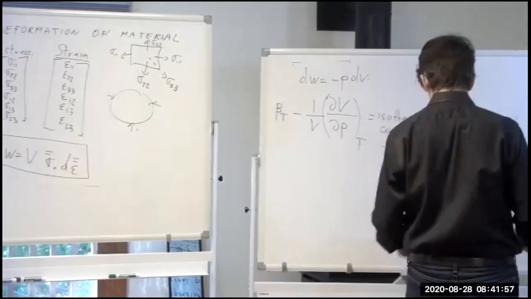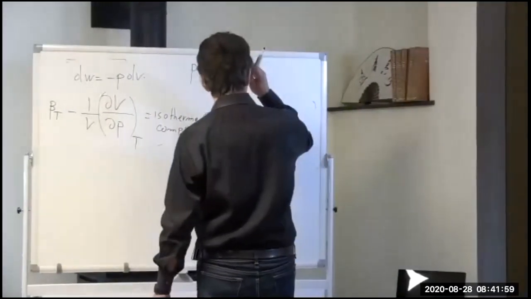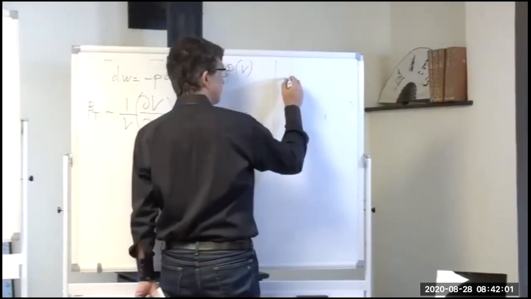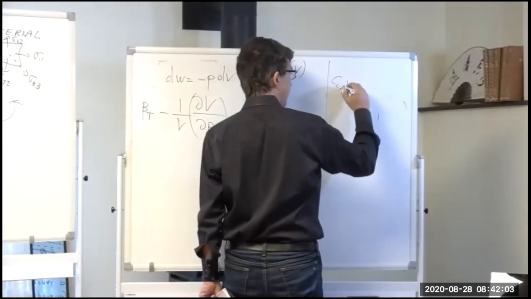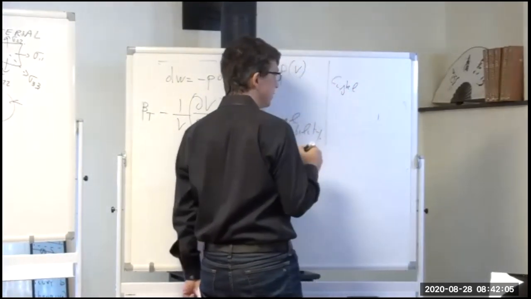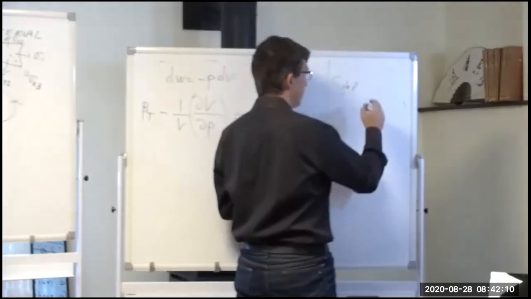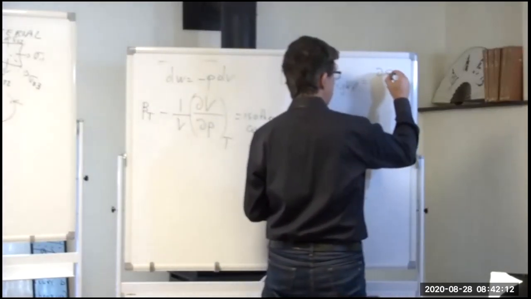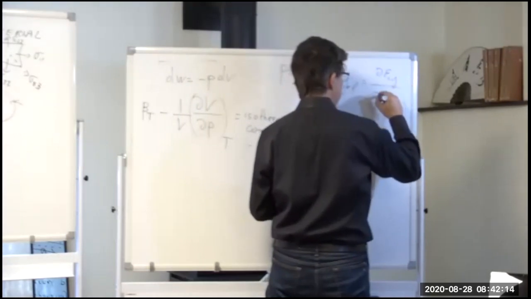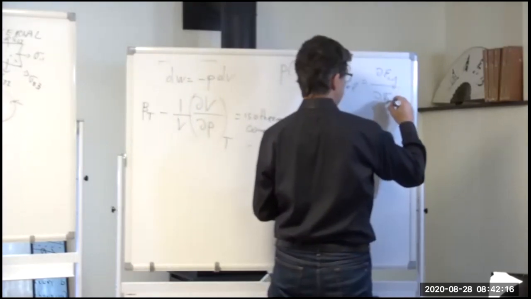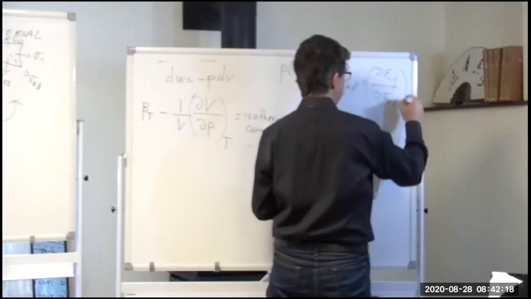So in general, you would need that. So how would you define compliance? So C_ijkl. There are now 4 indices on compliance because I have 2 on the stress and 2 on the strain. It would be something like the derivative of epsilon_ij with respect to sigma_kl, right? And taken at constant temperature,